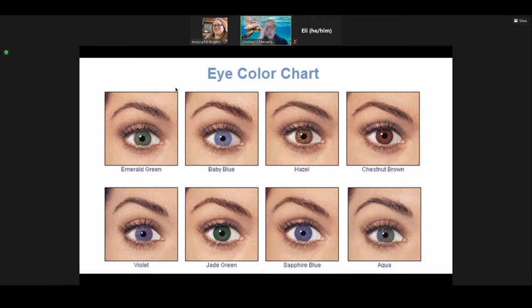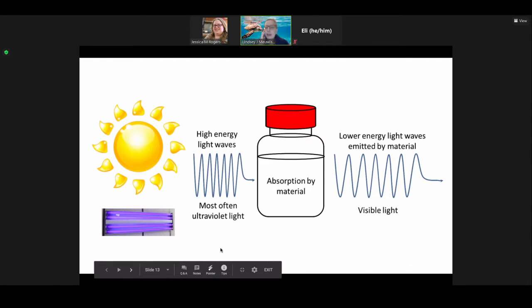Okay, so another way that animals can get color is by interacting with ultraviolet light. So the sun, I'm